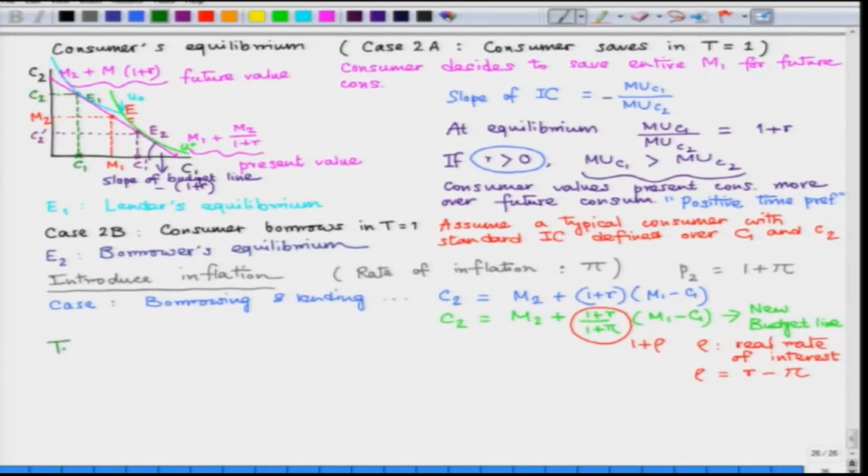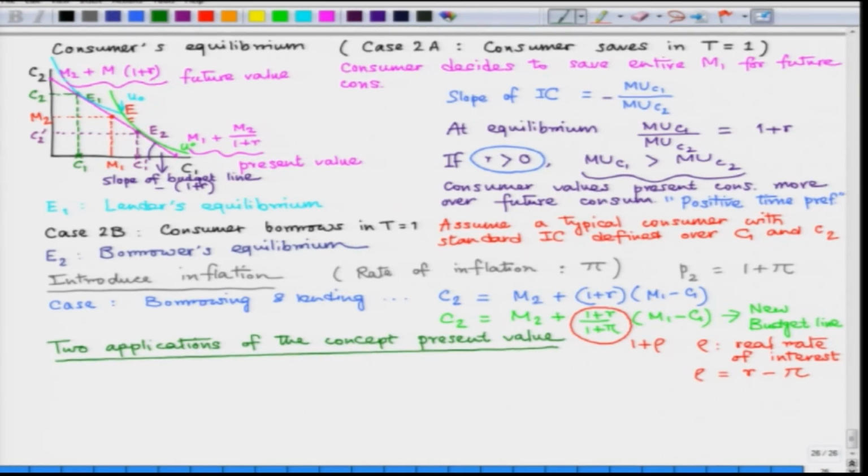We are going to discuss two applications of the concept present value. First, we are going to discuss the case of an investment. Now, in an investment, let us assume two time periods and there is some income stream